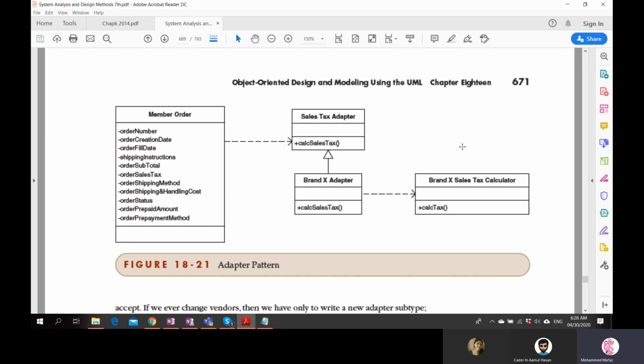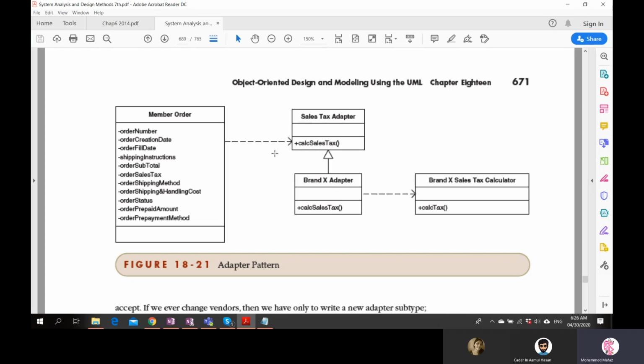Similarly, if you want to use a particular functionality, you have to use that particular adapter and make it fit into that particular scenario. So in this case, you can see a particular province wants to use brand X sales tax calculator. So you create an adapter that will depend on that calculation, and you make this generalized to the sales tax